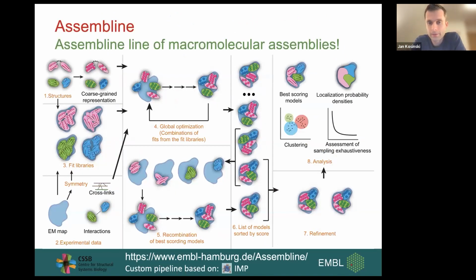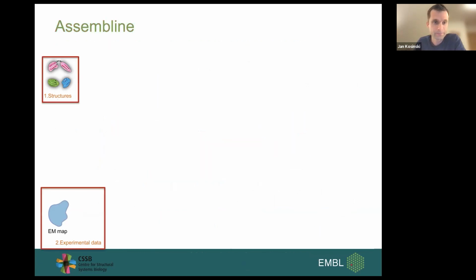So assembly is a pipeline composed of many steps, which I roughly described with this video. I will try now to tell you a bit more detail about these steps. I usually don't present this in such detail, but I was actually asked in the guidelines for this presentation to also include, you know, even command line options and how you run this program. So I will attempt to do that for the first time. So this is the overall pipeline, that figure that you can see in our paper, which now I'll go through.